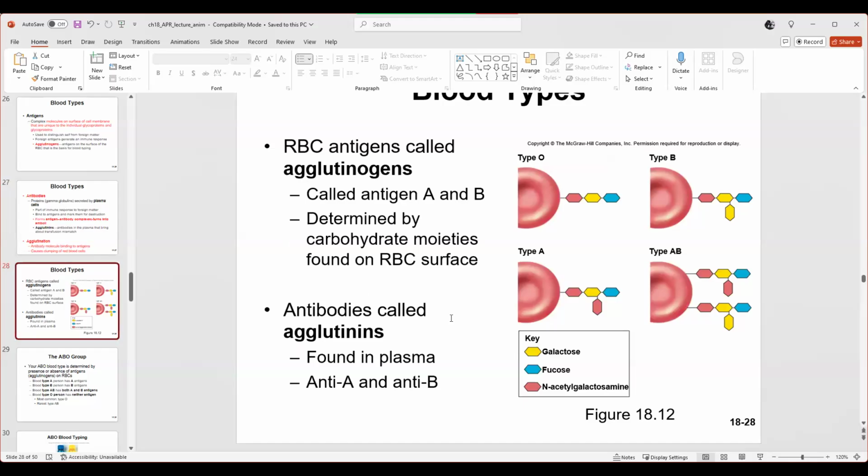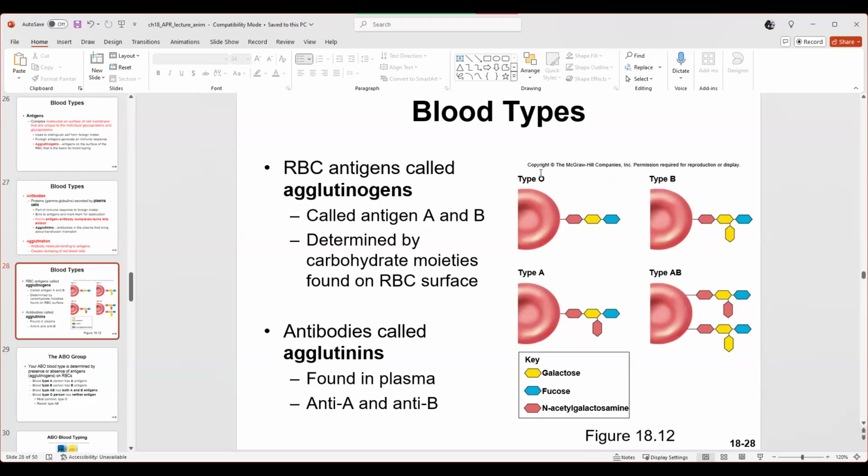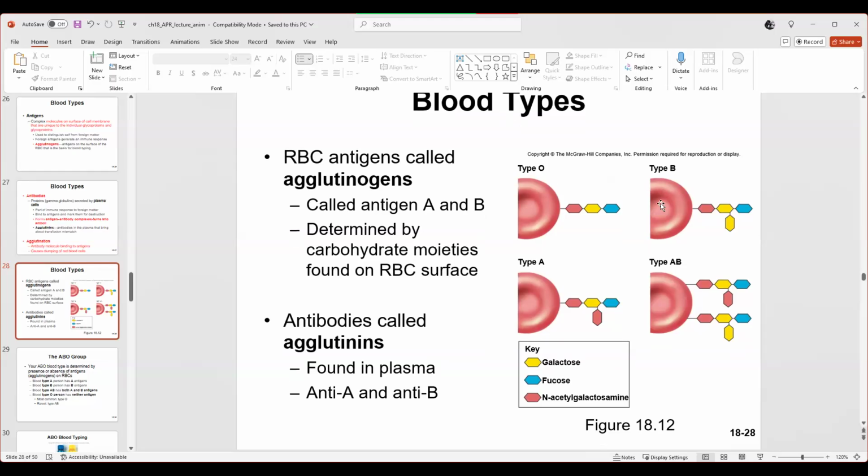Now, when we think about ABO blood typing, it's kind of crazy. Look at the difference between type O, A, and B. Some books will make it look like there's a huge difference, but if you take a look at it, it is one sugar. That's it. Even type O has this structure right here of N-acetylgalactosamine, galactose, fucose. The only thing that separates A and B is this second sugar that sticks out